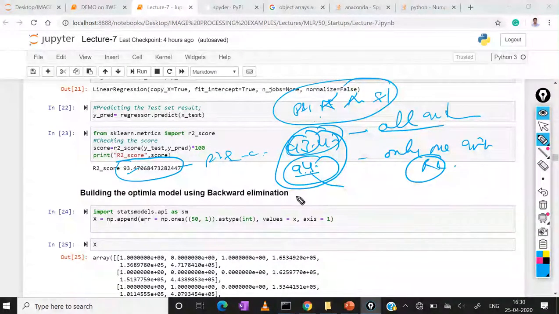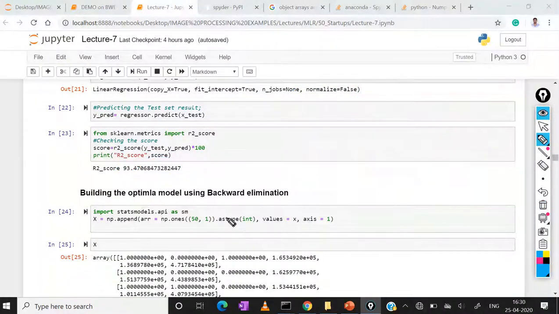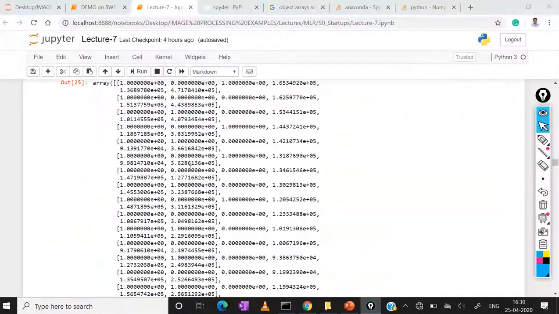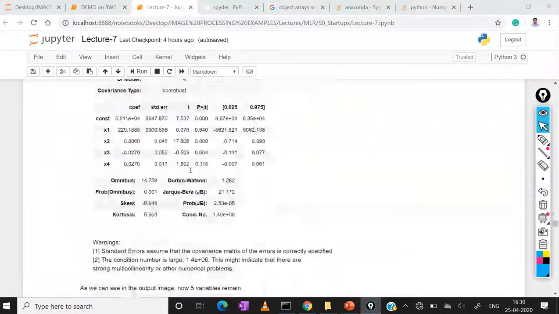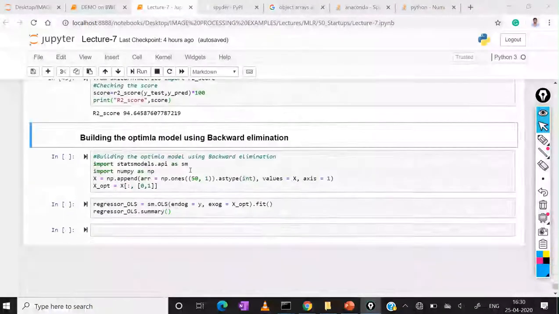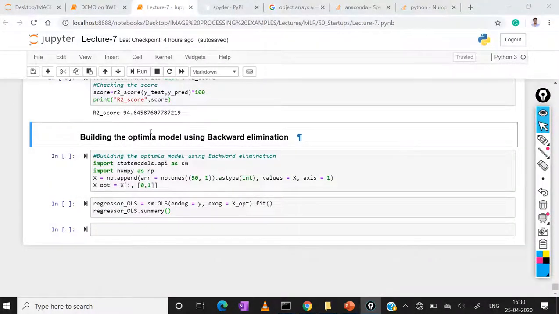So feature selection can play a key role in getting the best results. That is the concept behind the backward elimination method. If you see at the end, I am building the optimal model by using the backward elimination method.